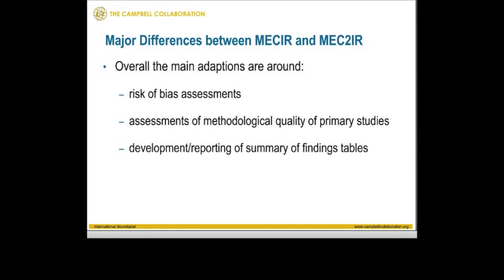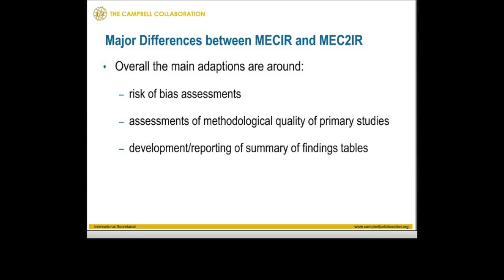So some of you may be wondering what the primary differences are between the Cochrane MECIR and the Campbell MECIR guidelines. And I think it's important to first highlight that really there are many similarities between the two documents, because really the methodological expectations for Campbell Collaboration reviews are highly similar to those for Cochrane Collaboration reviews. So the few minor differences that you will see really do focus around kind of three